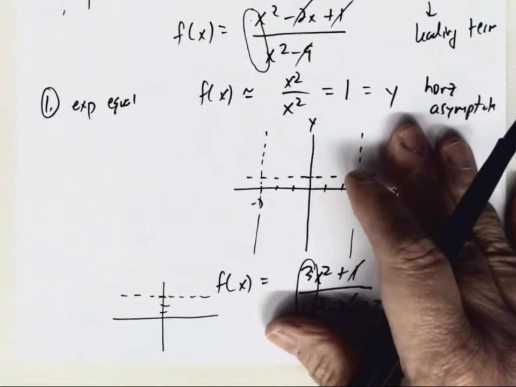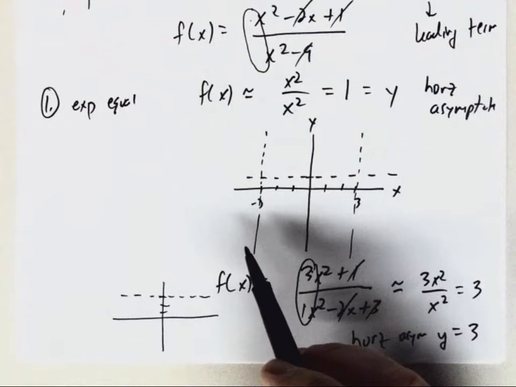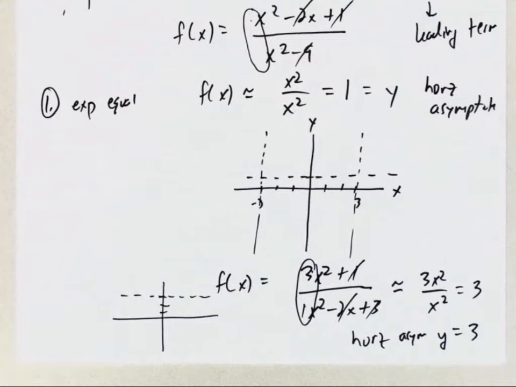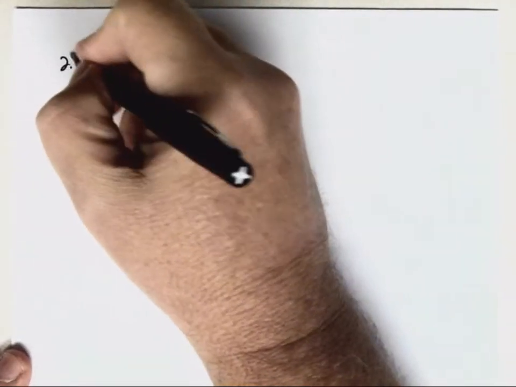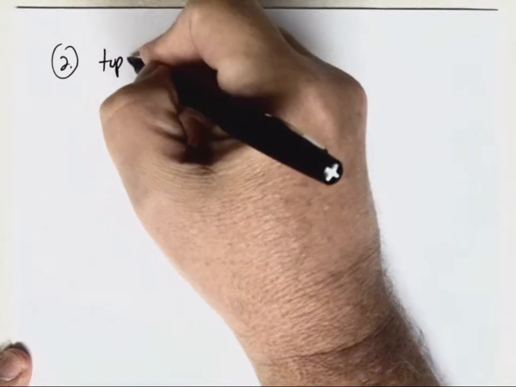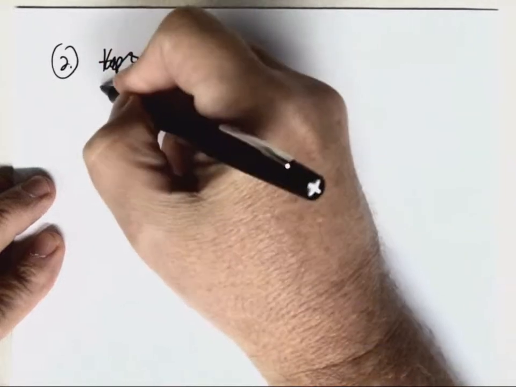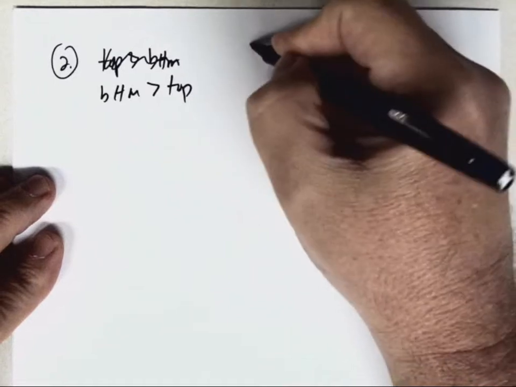So I said 3 things can happen, and here's what they are. Here, the leading terms have equal exponents. The 2 other things are when either the top is bigger than the bottom or the bottom is bigger than the top. So let's just see what happens in those situations. So you have a rational expression. We're going to try and find the horizontal asymptotes. Let's do bottom bigger than the top to start with. Bottom larger than the top. So for instance,